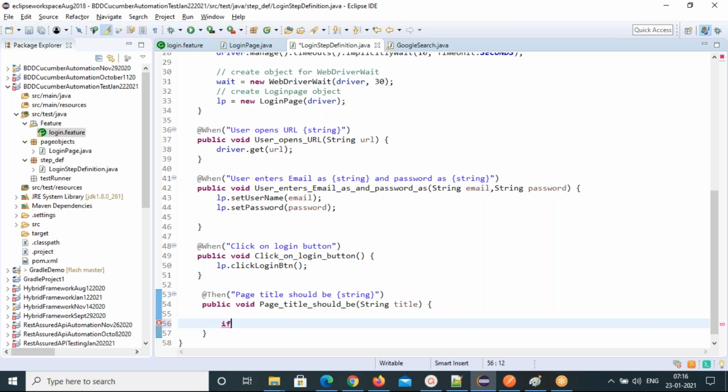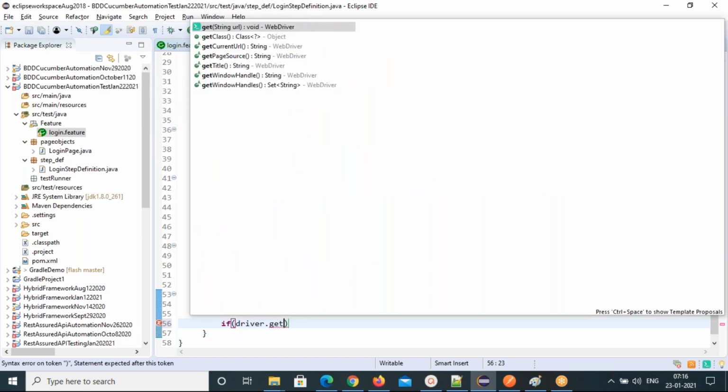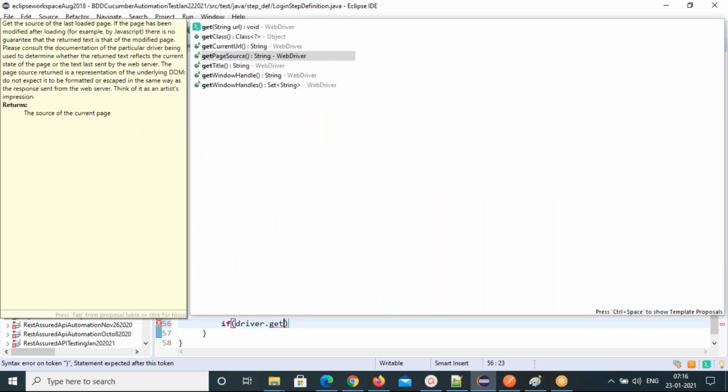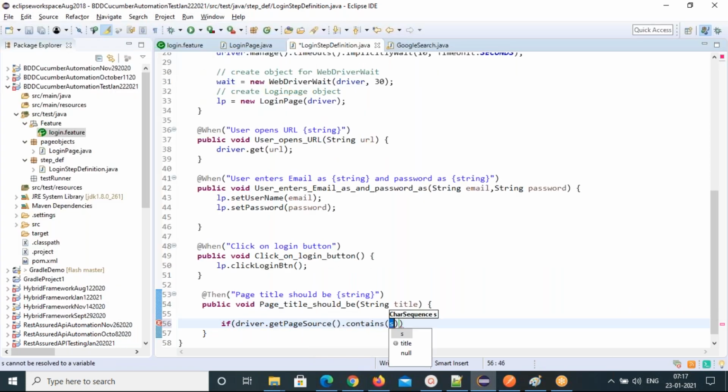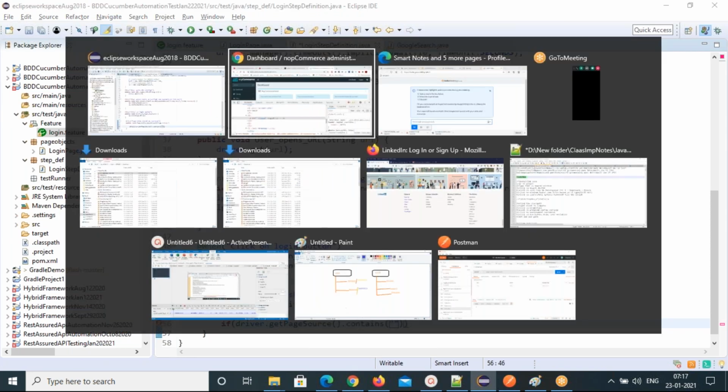So if driver dot getPageSource contains, right, contains the login was unsuccessful message, which appears when we are giving invalid data.